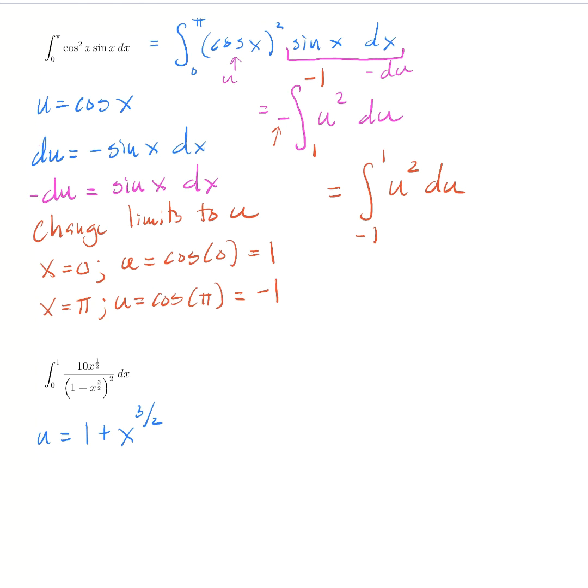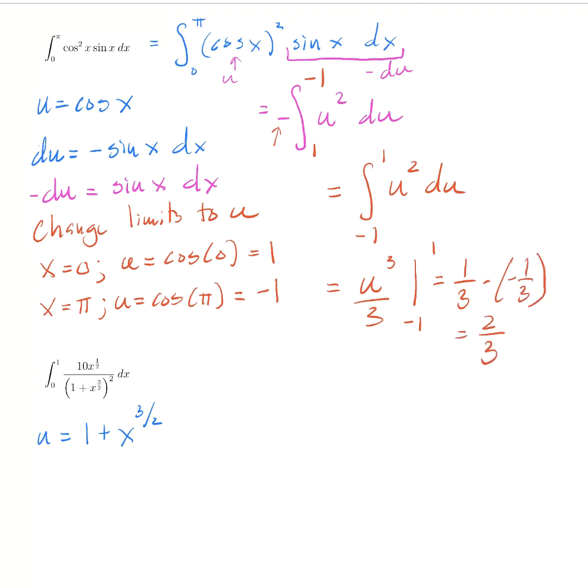We've changed our limits of integration from x to u, which is nice because now we can finish. We're all in terms of u. We don't have to go back to x. We don't have to worry about bringing the correct limits back. We can just evaluate this thing. This is u cubed over 3 evaluated from -1 to 1, which is 1/3 minus -1/3,